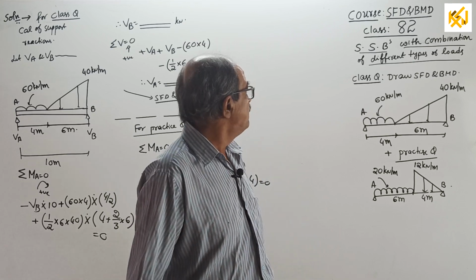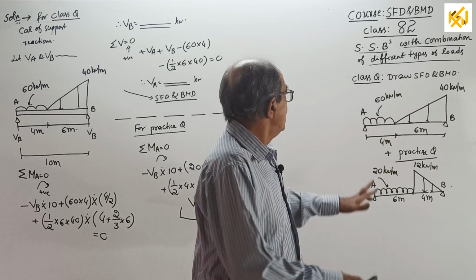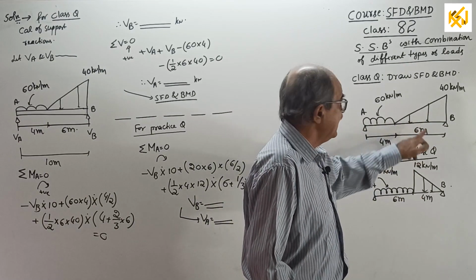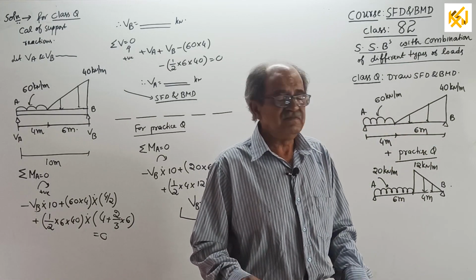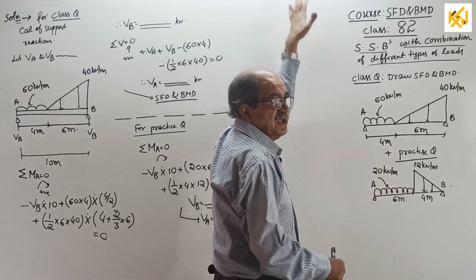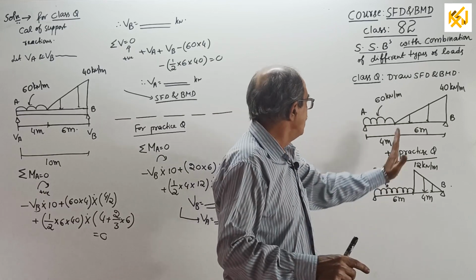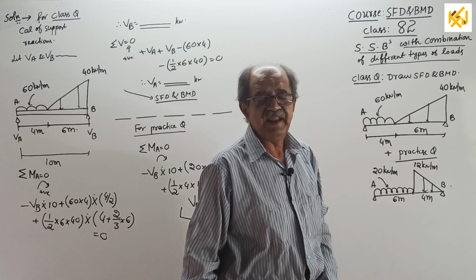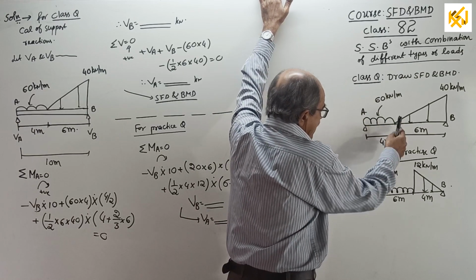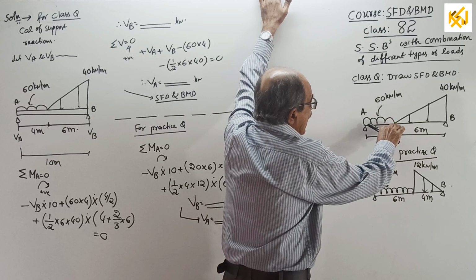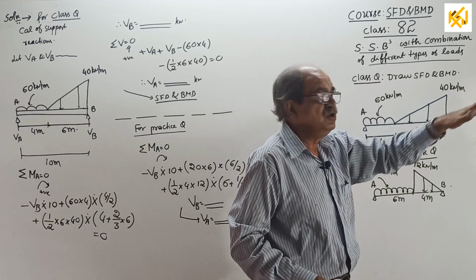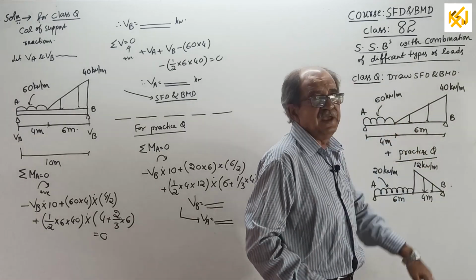Today I am taking up a question where the left side is UDL and the right side is UVL. Two questions are there, and I will tell you why. In both questions, the maximum BM will come on the UDL side. I adjusted the question there, so here the maximum BM will come between these 2 points, and here also between these 2 points. But after the end of the UDL, when you go further, it is UVL, once this way, once this way.